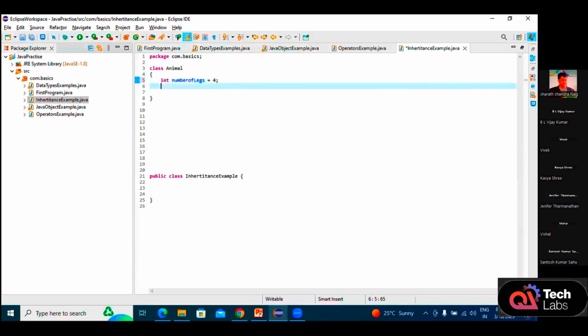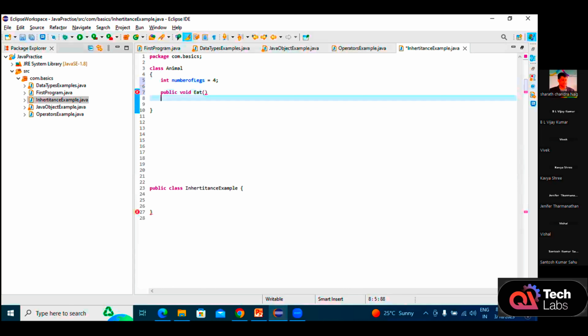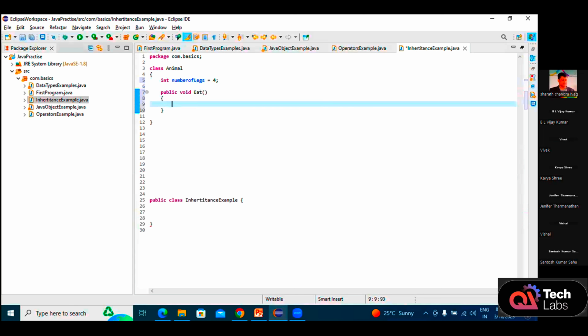Also, I'm going to write a method. I'll have a separate session for methods, don't worry. This is just a setup for writing a method. You have to give an access specifier, a return type, and then the method name. Any method name I can give over here. Inside this method I'll just use